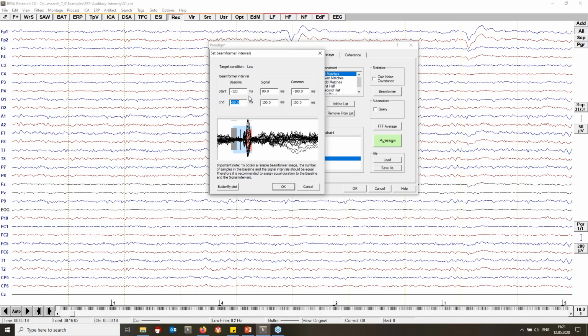So to make it from minus 120 to minus 50, we can see that that still seems to include sort of real baseline type data, not too much noise there. And the common interval should then span both these intervals. So I'm also going to adjust that. The common one is the blue interval now. And now I'm set up to start the beamforming. So I'm going to click this OK button here